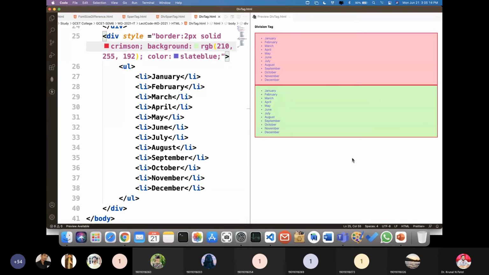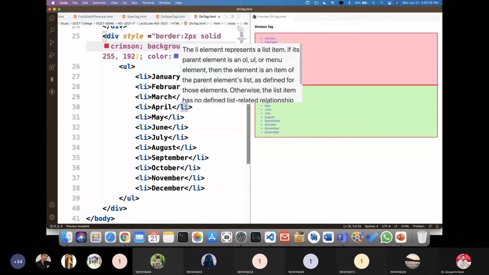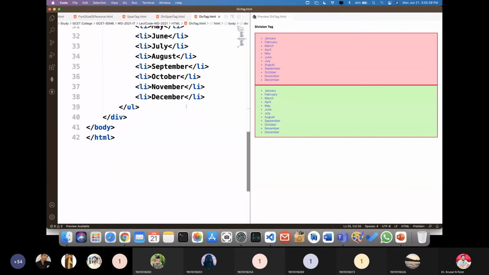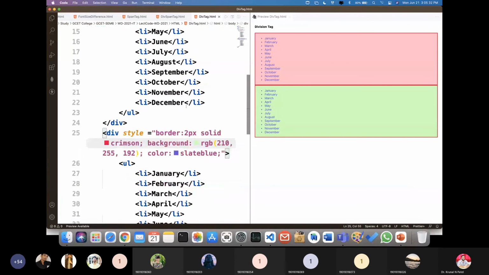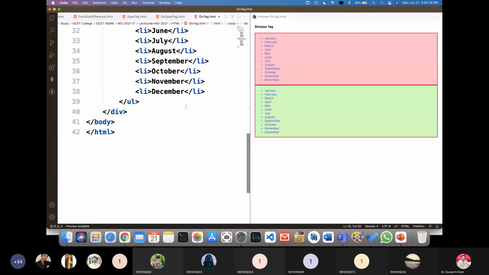So now you can see this. This way you can divide things section-wise, and you can apply specific styles to that, right? So this is about the division tag and the span tag, right?